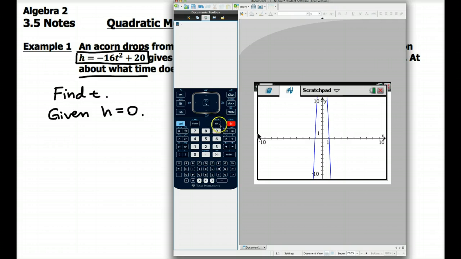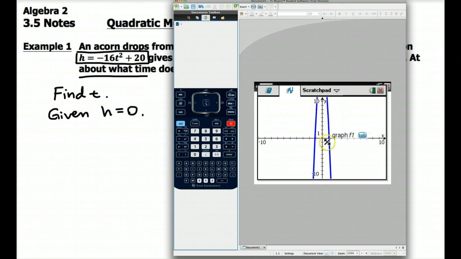Okay, well, remember from last year, parabolas are going to have either 2, 1, or no zeros. In this case, we have 2 zeros. Those are, again, the x-intercepts of the graph, where the graph is crossing the x-axis. This graph here has 2 x-intercepts. It has one that is negative and one that is positive. We want to know the positive x-intercept, because we can't have negative time,